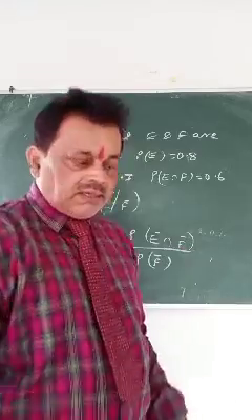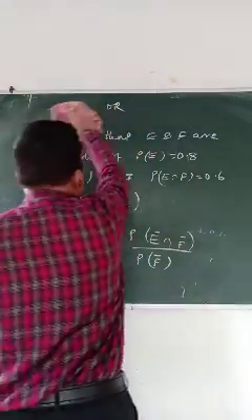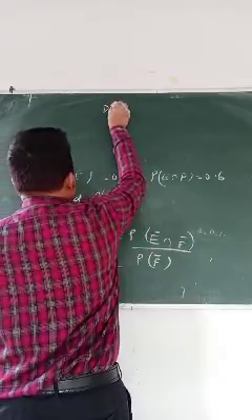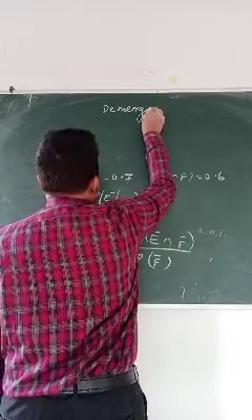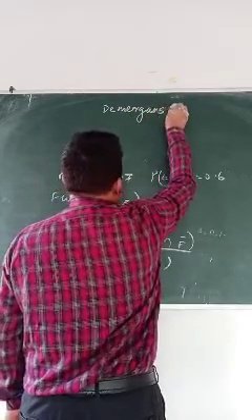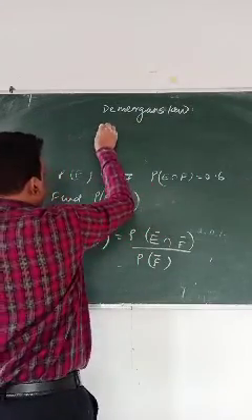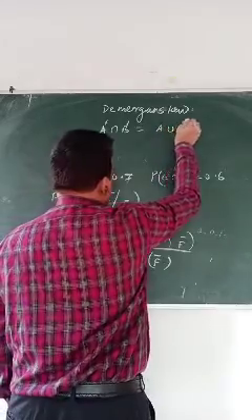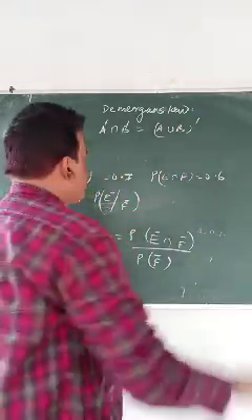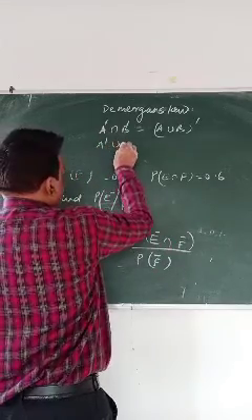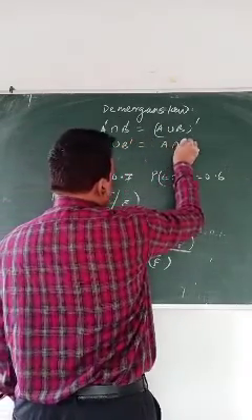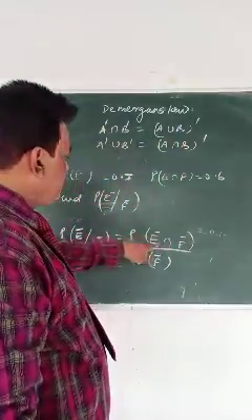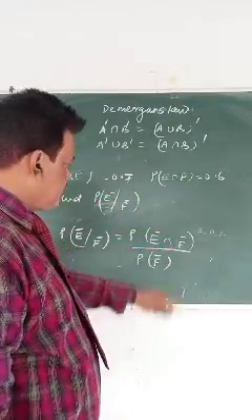Okay, this is De Morgan's law. You remember, there is De Morgan's law. I'll remind you. De Morgan's law says A complement intersection B complement is (A union B) complement. A complement union B complement is (A intersection B) complement. Which formula holds here? This one, A complement intersection B complement.